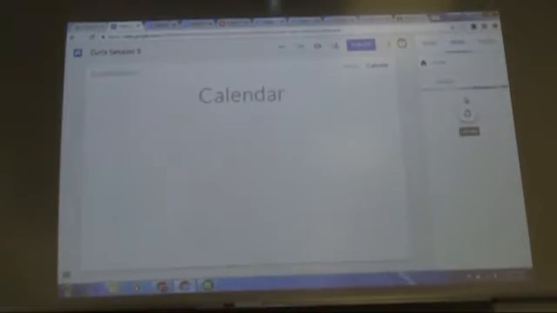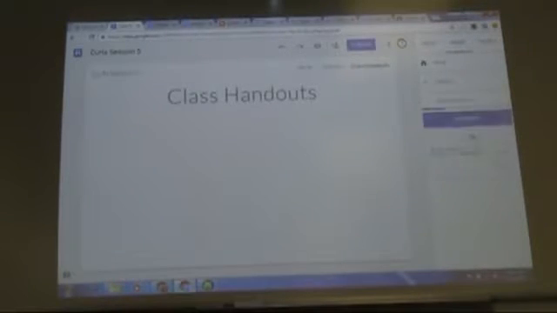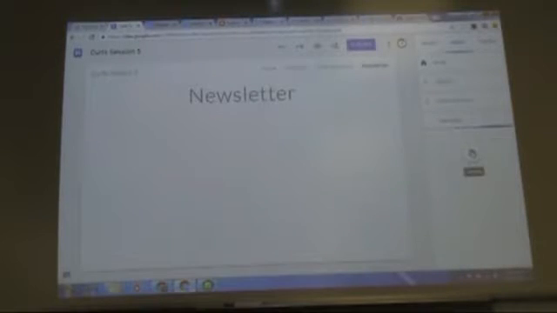And boom, it creates a calendar page. And you say, and I want a class handouts page. And there that is. And I want a newsletter page. And I want a photo gallery page. You get the idea. You can just keep adding as many pages as you want, and as you do that,